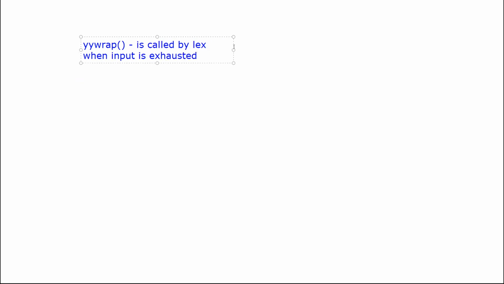So if you are finished with the input, then this function is called by the Lex tool, and it will return a 1 if input is done. अगर आपका input finish हो चुका है तो ये 1 return करेगा, otherwise it will return 0.